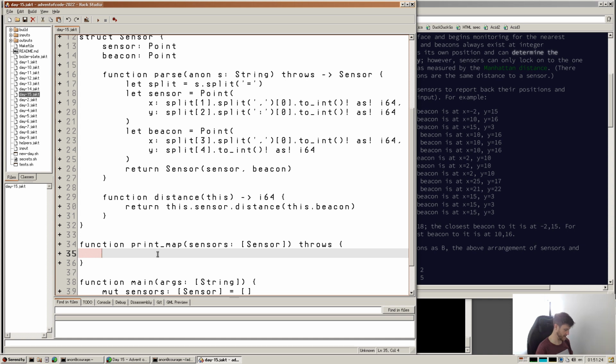I think we'll just do it when we print it, because we don't really need it anywhere else, only to print really. So we'll have a mute x1, and this can probably just be the first sensor